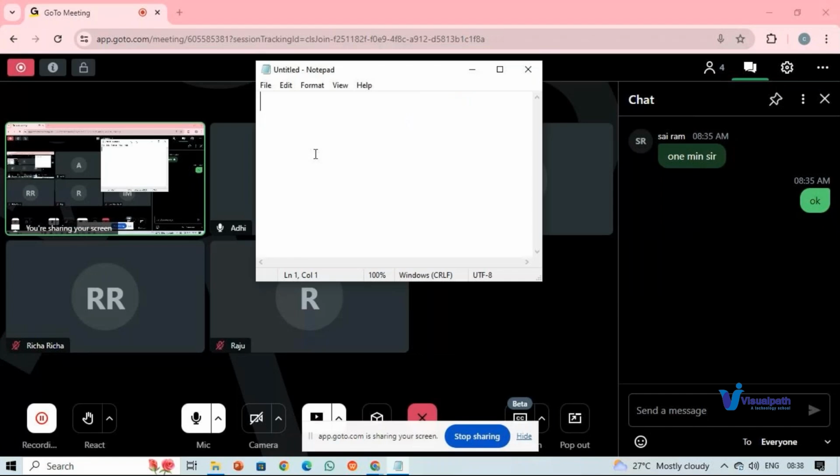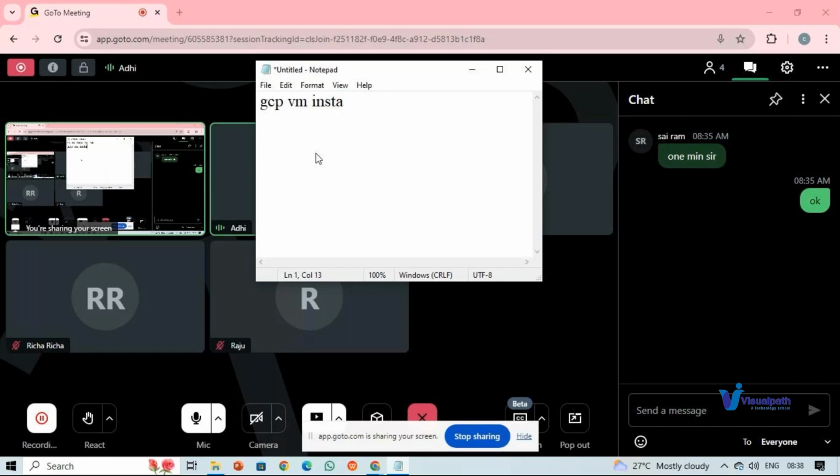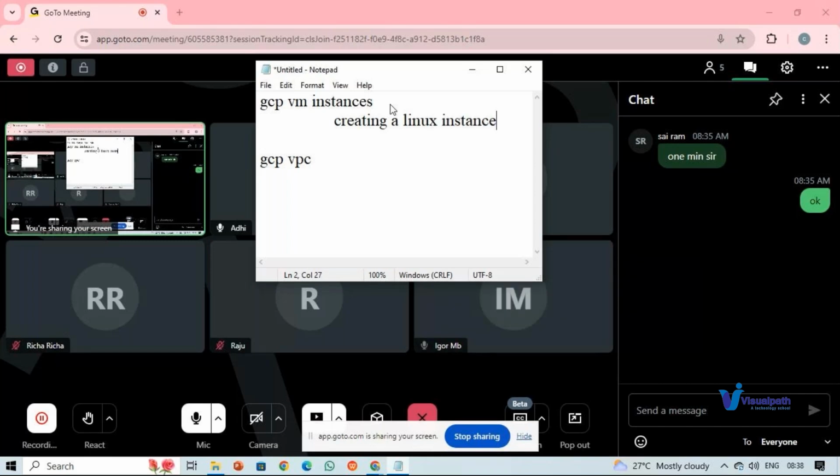So in today's session, we will go with GCP VM instances and GCP VPC. So in VM instances, we are going to see creating a Linux instance, connecting to that using SSH and PuTTY,